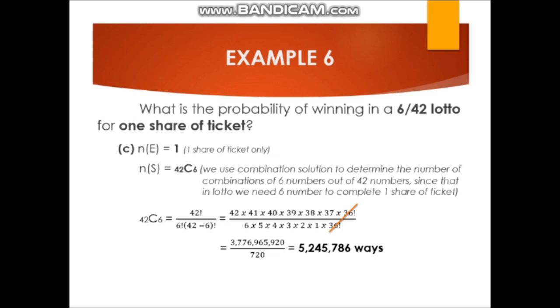3,776,965,920 divided by 720, with a value of 5,245,786 ways. So this value, 5,245,786 ways, will become our sample space. So since na-kompleto na, meron tayong number of event, meron na rin tayong sample space, we can solve for the probability of an event. We have number of event is 1 divided by number of sample space is 5,245,786,